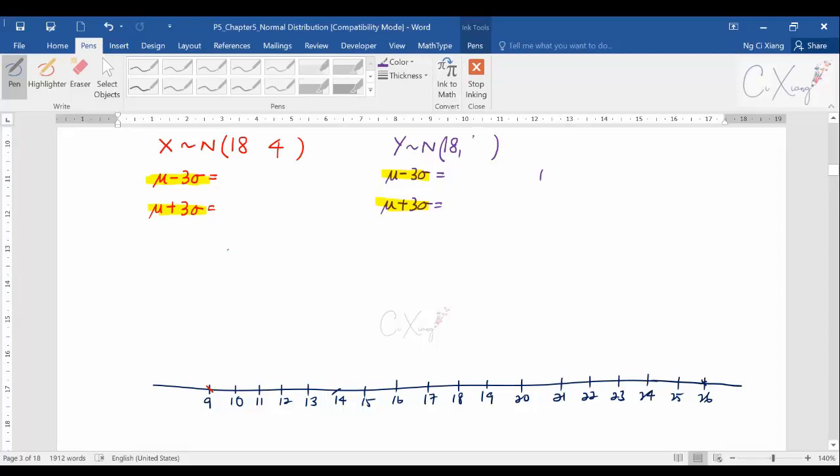9. I think 9 will be good enough. Okay, so let's say I'm having 18, 4 and 18, 9. So the variance are different, right? So the same thing happened here. You take 18 minus 3 times 2. What do you get? And then 18 plus 3 times 2. So this one you should have